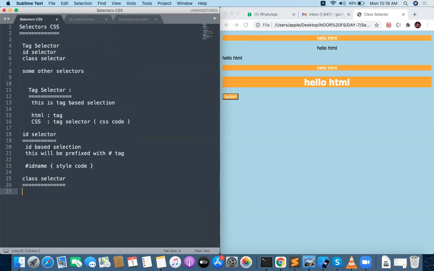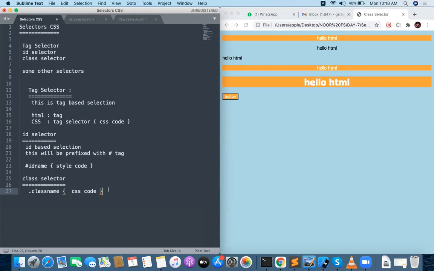In the class selector, what you can do is dot class name, dot the class name. So you can represent the dot class name here. N number of classes you can provide like this. So CSS code will be here.